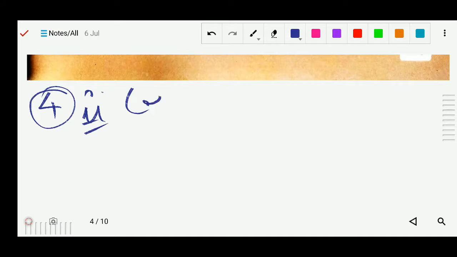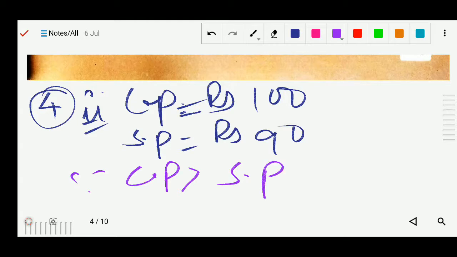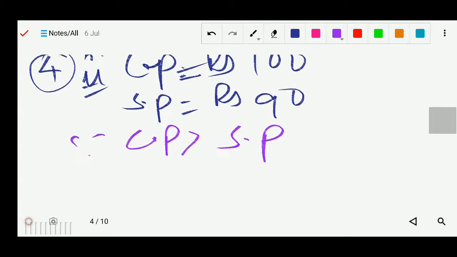So the cost price is given. What is the cost price? Rupees 100. Now the selling price is also given. What is that? 90. So here both cost price and selling price are given, and you can compare them. Since the cost price is greater than the selling price, it means